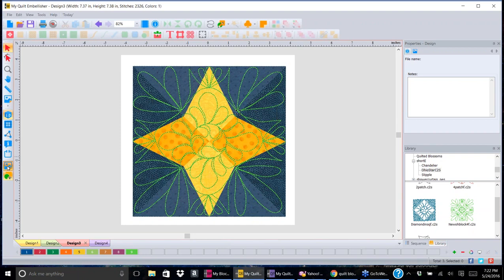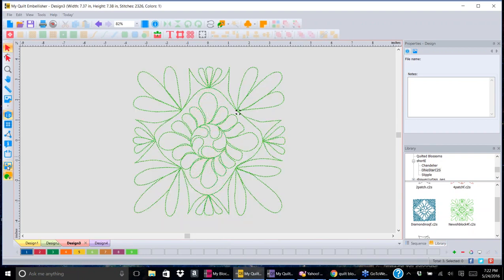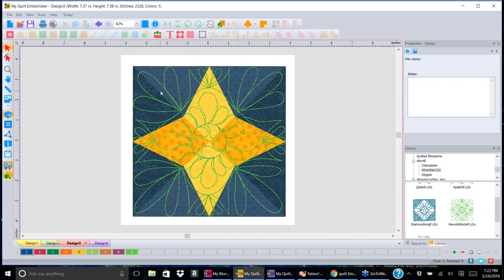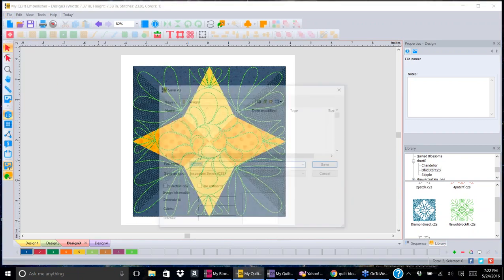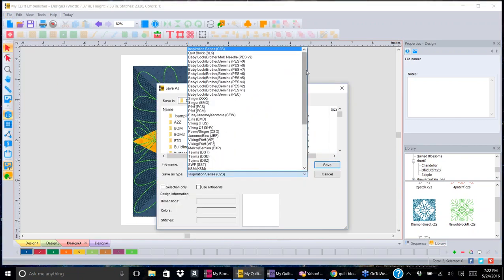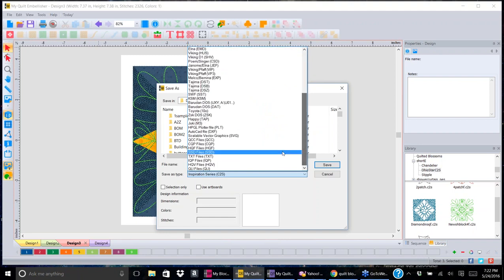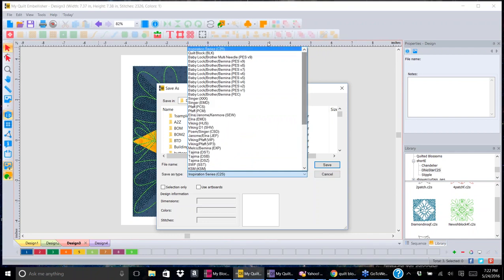Right. And if I want to turn off my backdrop so I can look at my design a little bit, then I would come in here and say File, Save As, and go to my formats. I could save this in a long arm quilting format if I want to, or as an SVG file. So I could even draw that on something, or send it to your cutter for